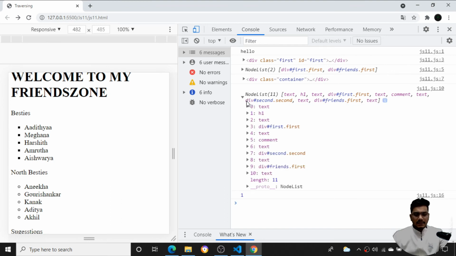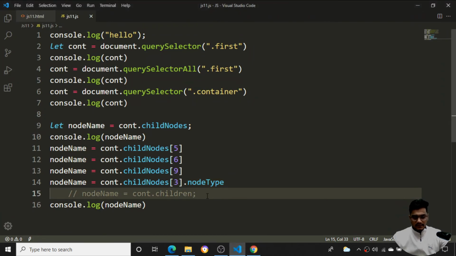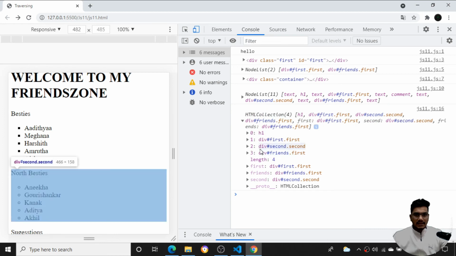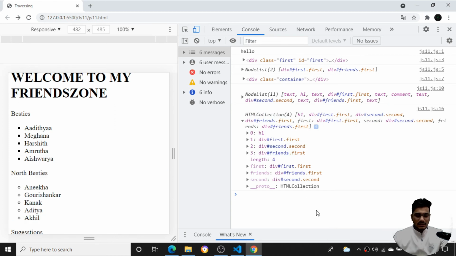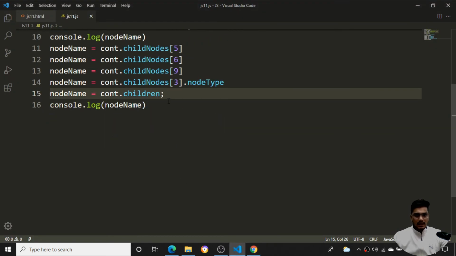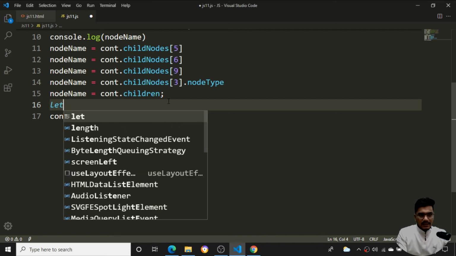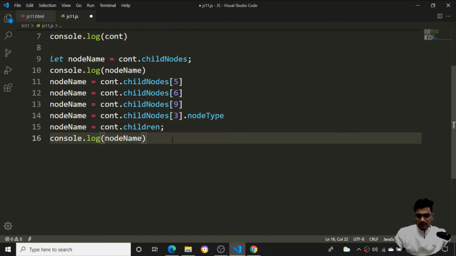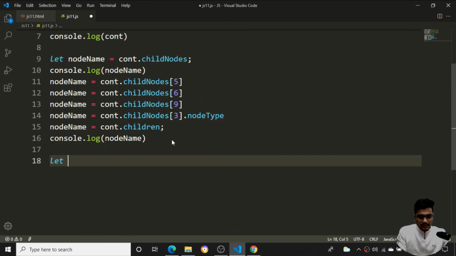Now coming back to the next, we have seen about the particular children over here. How can I get the children itself? In the HTML, I am getting only the 4 types of children over here. Now if I want to get the last element of the child, I want to see what the last child is over here. So I'll just create it here itself. Let's create the particular last child.